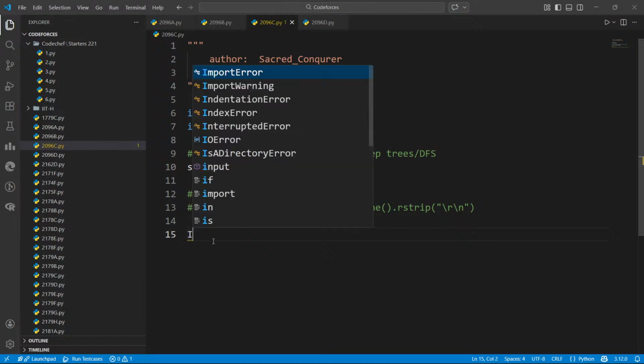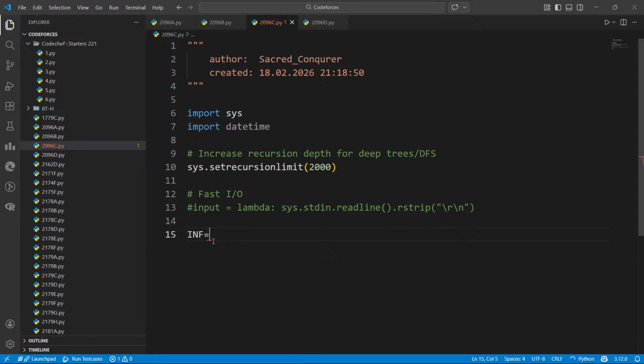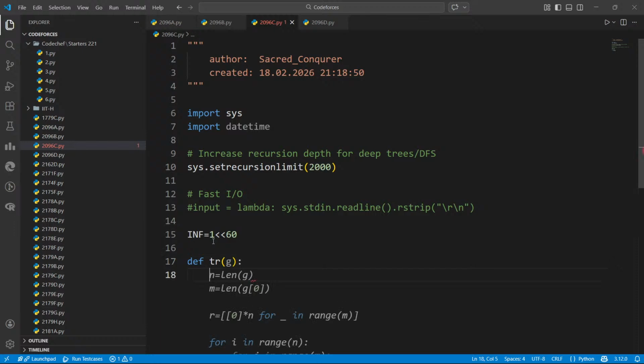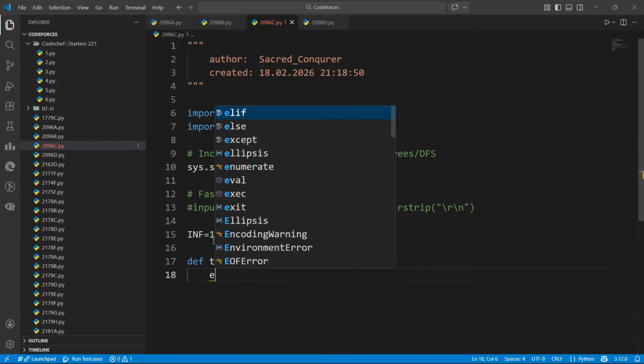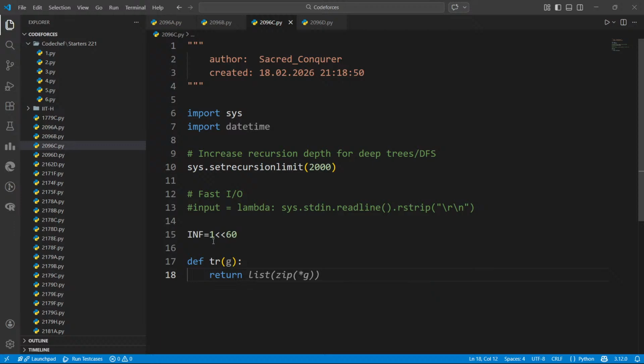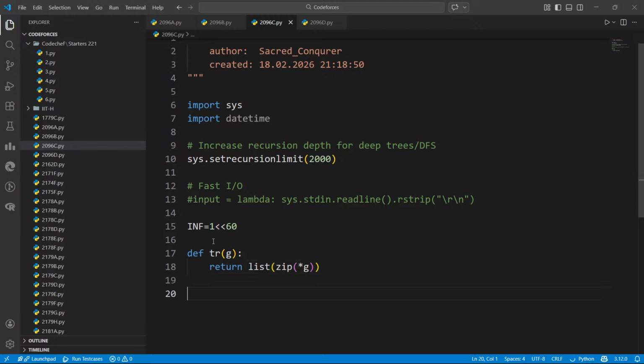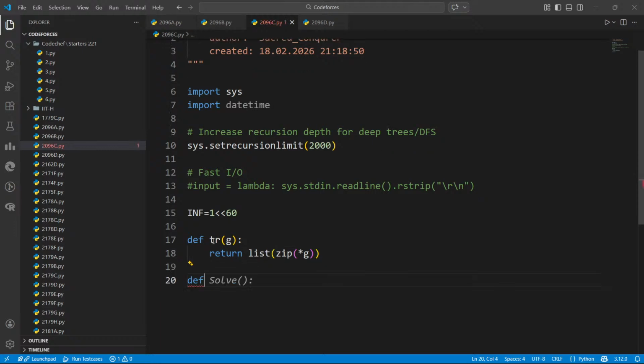We'll keep infinity. We'll define a function transpose. We'll return the zip, and we'll define one more check function for r1 comma r2.